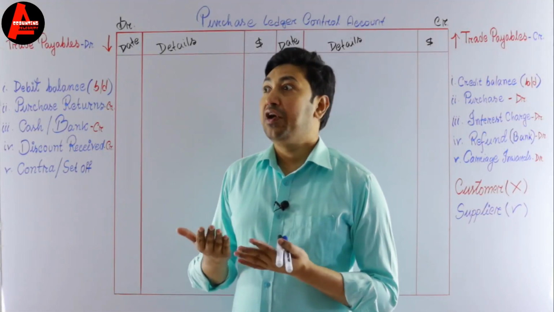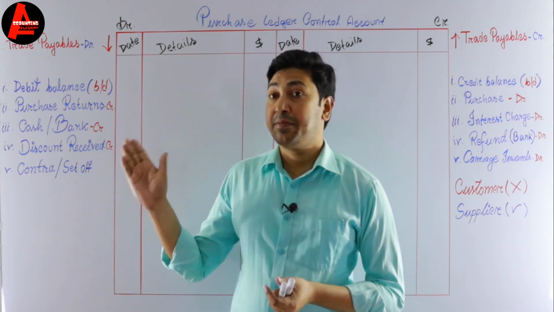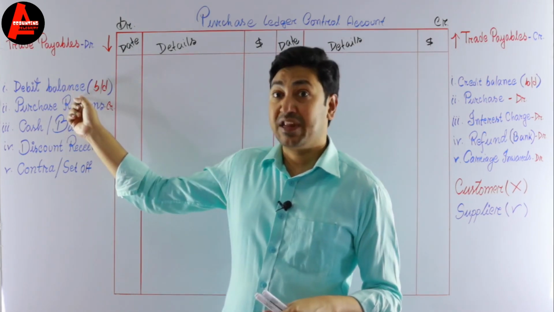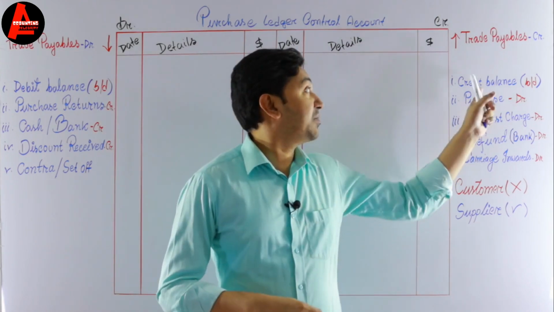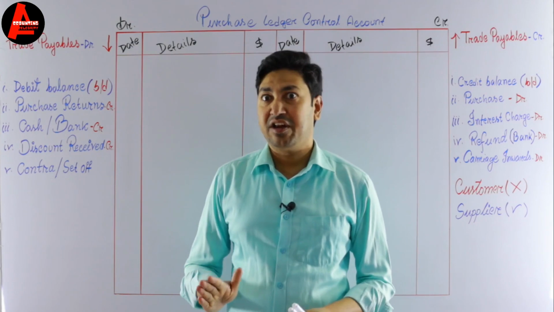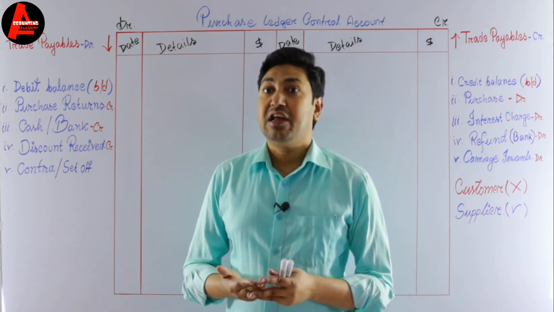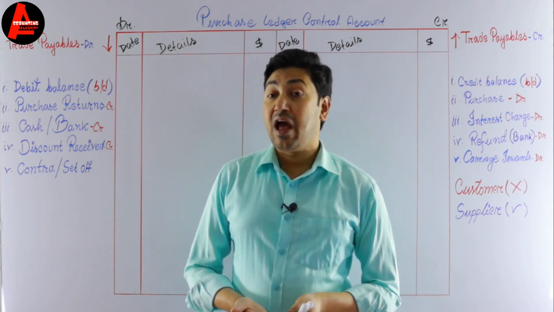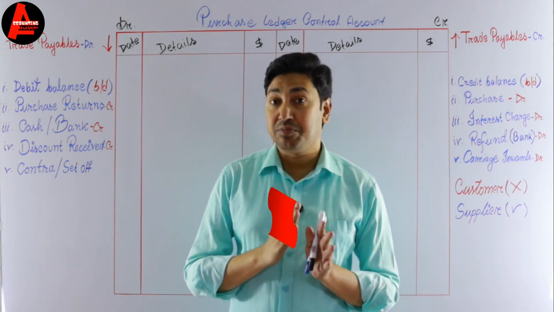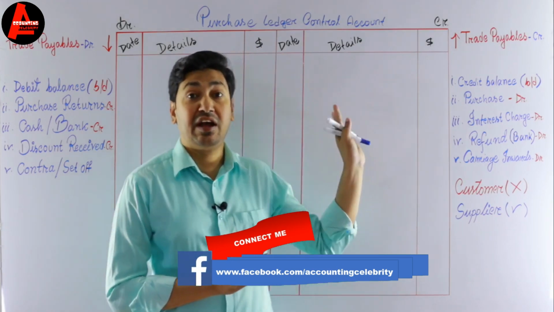Here in this question it is not specified whether this item is a debit balance or credit balance. In one case the first item is balance b/d, debit balance; in the other, the first item is credit balance, balance b/d. Here the question does not identify it. Generally, trade payables have a credit balance. If it is not mentioned, you think that it is a credit balance, and you have to record it in the